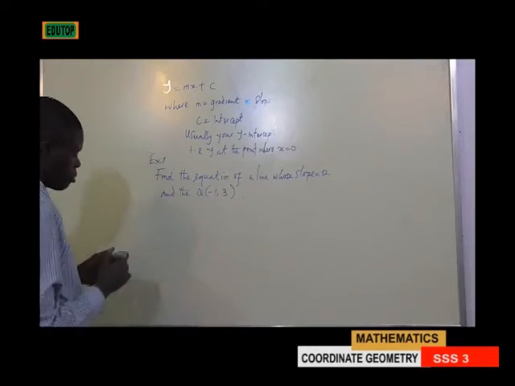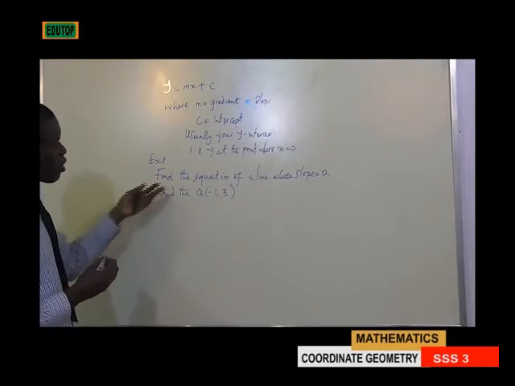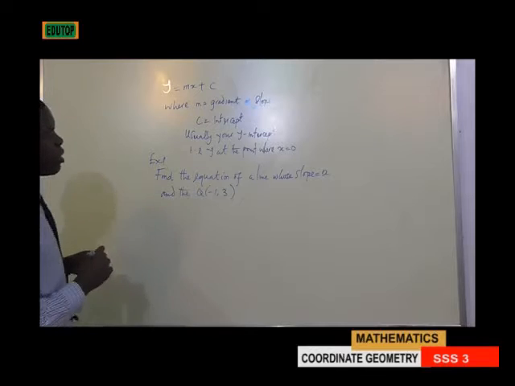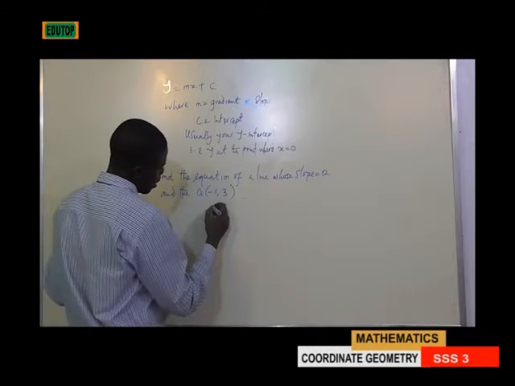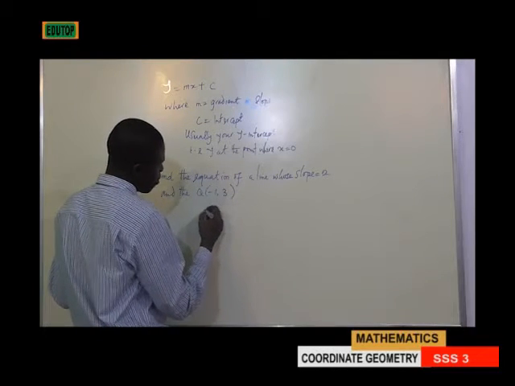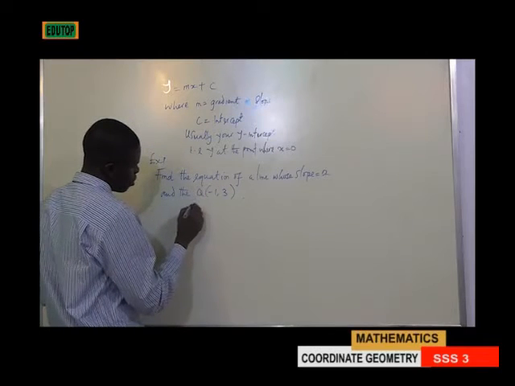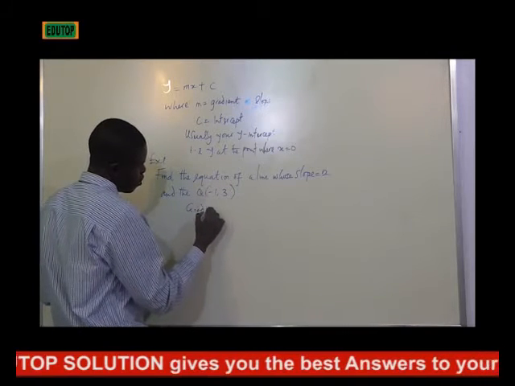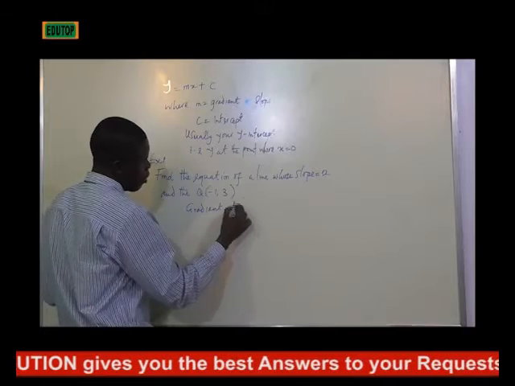For example, if you are asked to find the equation of the line for this scenario, what we need to do is that, since we know that we have the formula, which is the gradient at a point,